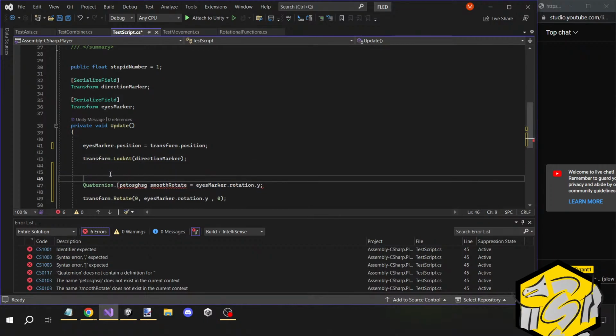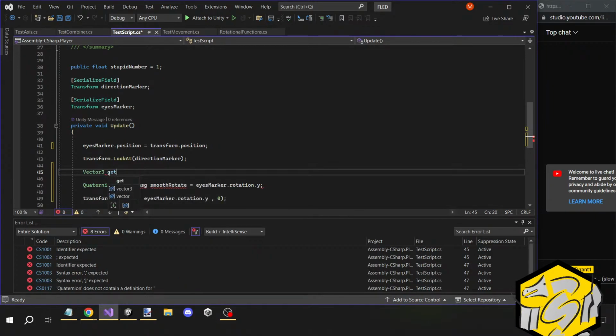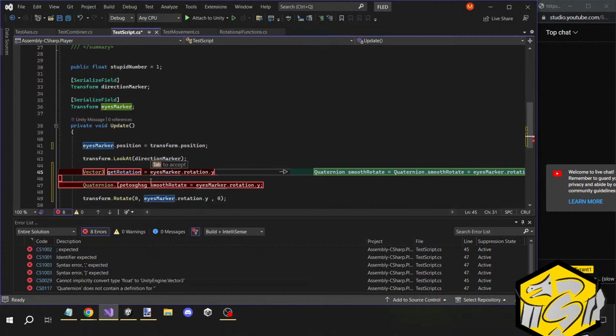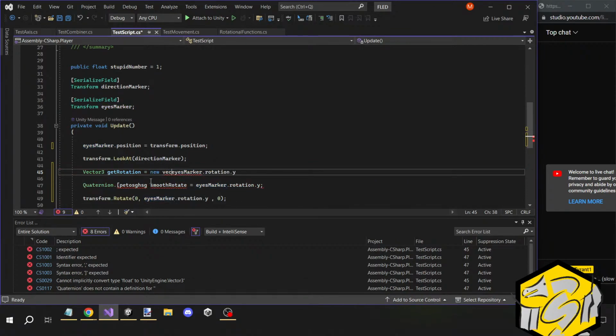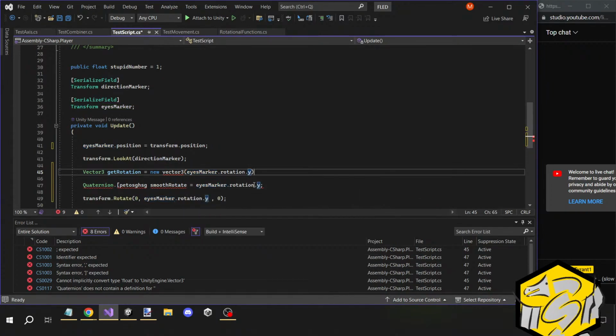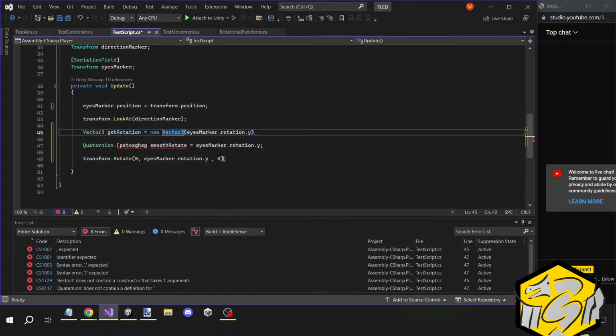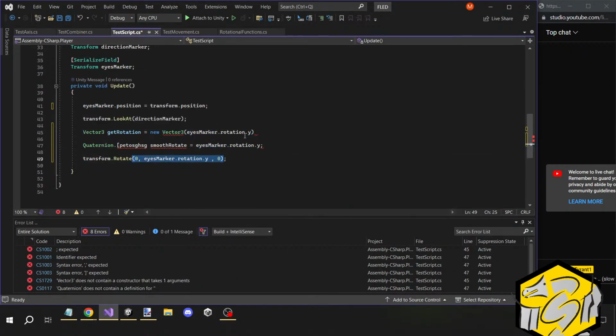So we'll leave that there, and we'll go new. We'll just do vector 3. Get rotation equal. No, that's right. New vector 3, and then put the little thingy with the other thingy. And I'm doing this the wrong way because now it's slower. Just take this, copy it,